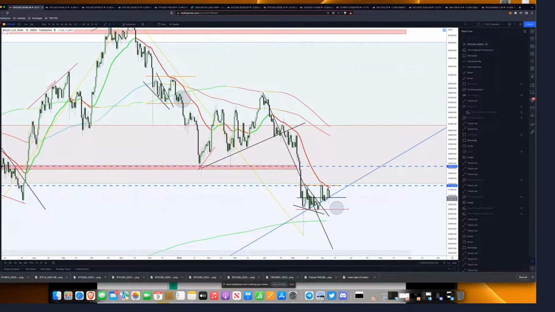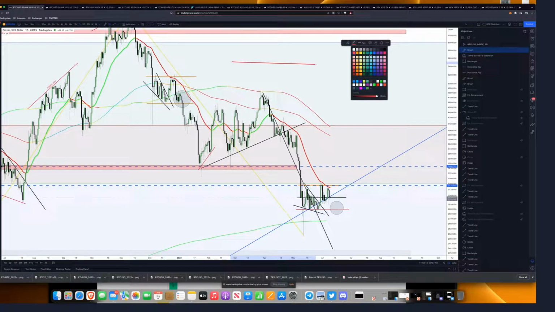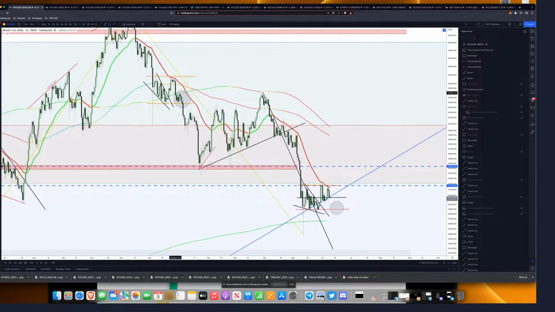So what we had on the way down, on this, actually make it thicker so you can see what I'm doing. Maybe a different color as well. Give me a sec. Too much red. What's a good color? Blue? Yeah, all right, blue. We had this wedge on the way down. We had the breakout wedge and found that resistance. And then we had this component before it broke down. This level, if we were to go back to it,